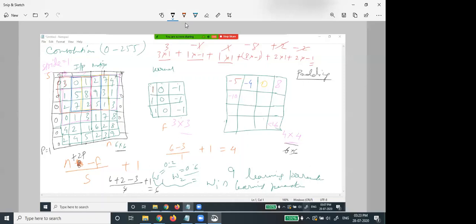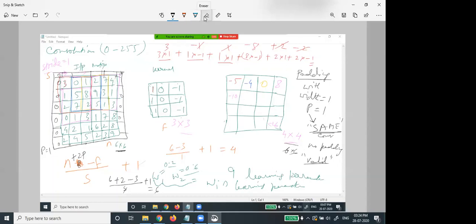So if I give 0 padding with width equal to 1, p equal to 1, it will give me the same input size. So it is called same. If we use padding, it is called same convolution. If we use no padding, the terminology is called valid convolution. In the program, we will do these things, same and valid padding.